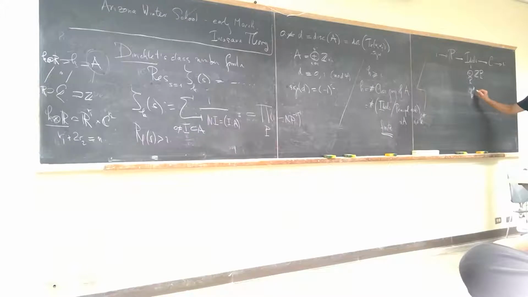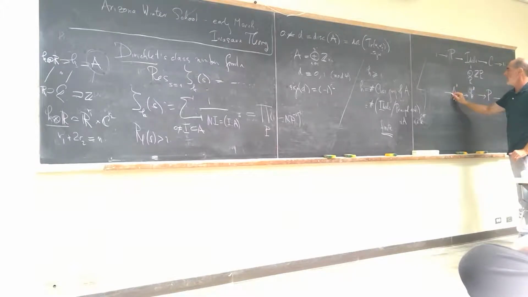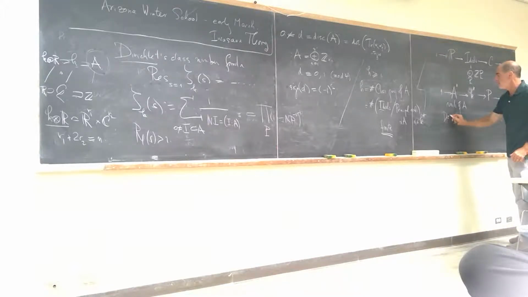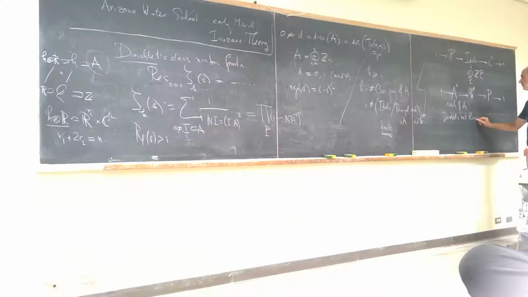Namely, it's the quotient of K star. Every principal ideal is generated by some element, and the elements that generate the trivial ideal are just the units, elements in A star. And the final invariant concerns the unit group. Dirichlet's unit theorem, which again he didn't prove in general, he proved for quadratic fields, is that the structure of A star is a free abelian group of rank R1 plus R2 minus 1,